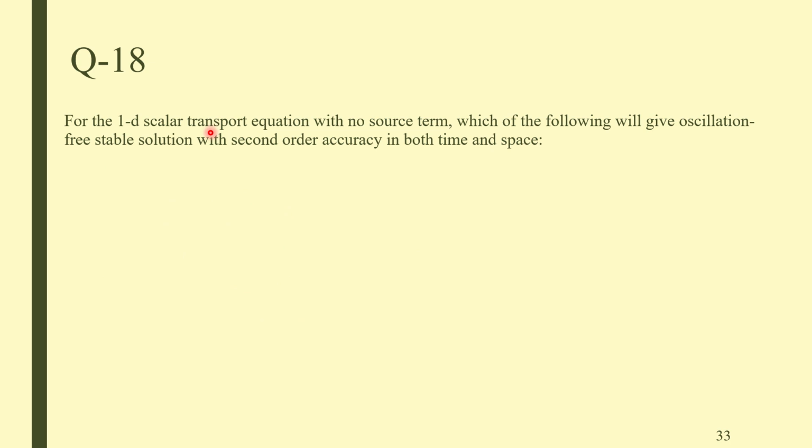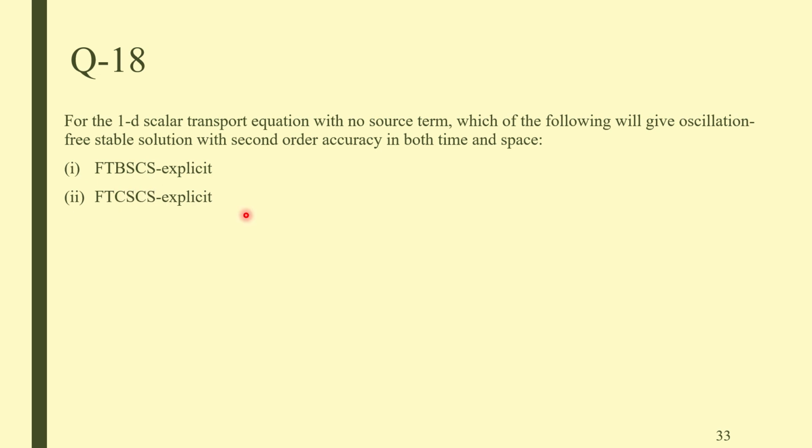So we'll go to question 18. In question 18, for the 1D scalar transport equation with no source term, which of the following will give oscillation-free stable solution with second order accuracy in both time and space? So we'll see the options. Here it is mentioned that we are dealing with a one-dimensional scalar transport equation. That is a generic equation. There is no source term. So first one is forward time, backward space, central space, explicit, and